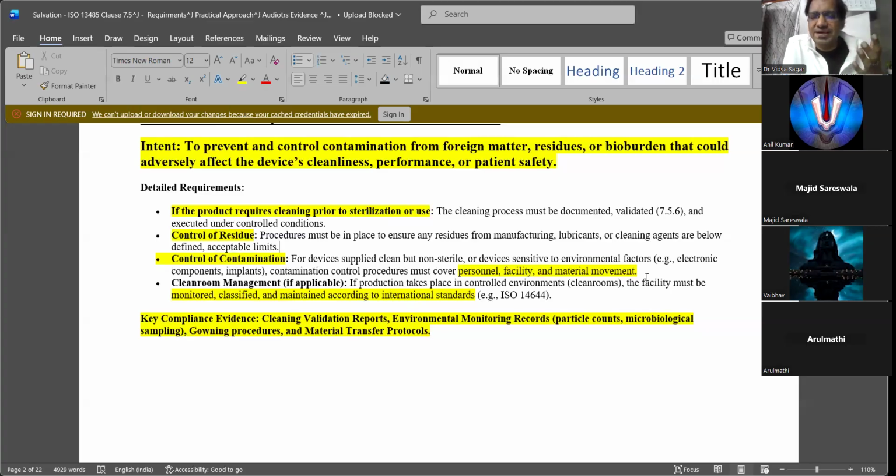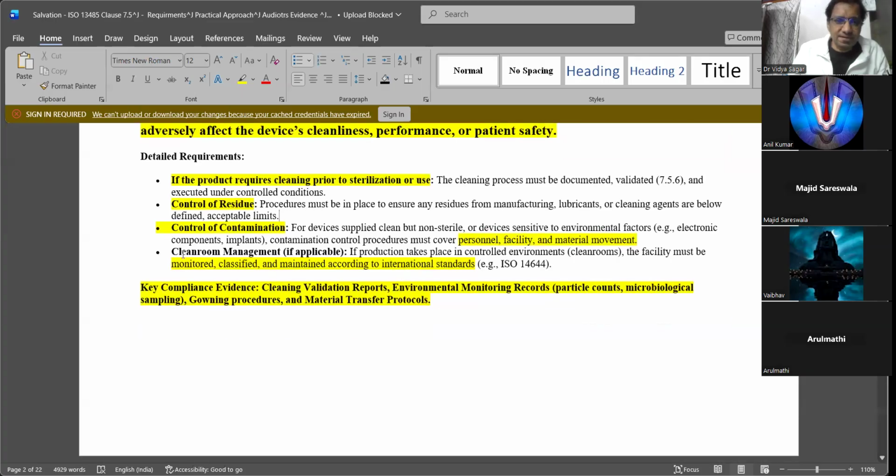So you need to be very careful to clean it up every shift when you have done the production, and check for any particulate matter. Not really validating the clean rooms, but check for any particulate matter.